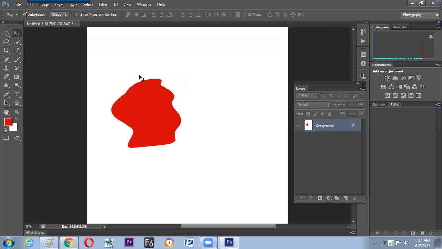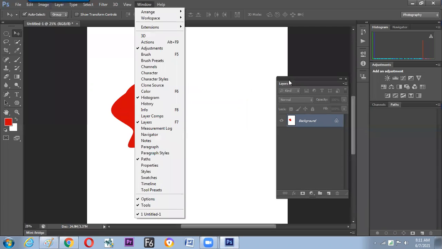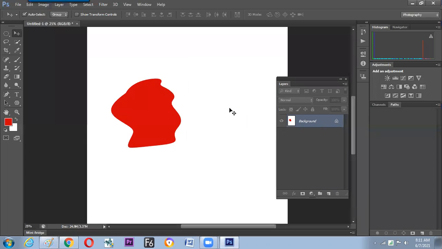And in the last sessions and before, we were making something and trying to move it, but it doesn't move properly, right? Because it is on the background layer. A layer is a window which pops up from the Windows menu, and Photoshop arranges everything one above the other, which is technically called layers arrangement. But here the white and this red are arranged in the same plane, so it doesn't move.